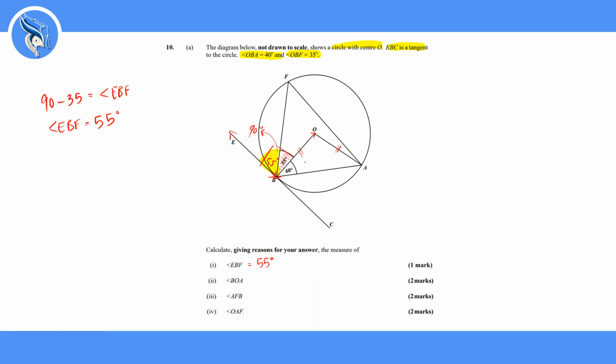This one here, we know this is an isosceles triangle because OB is a radius and so is OA, so they have the same length. If they have the same length, that means it's an isosceles triangle. And the angles at the bases of isosceles triangles are equal. So if this is 40 degrees, then over here is 40 as well. And that means we can find the angle right here,